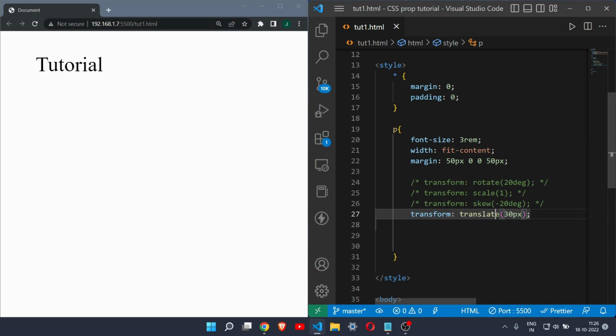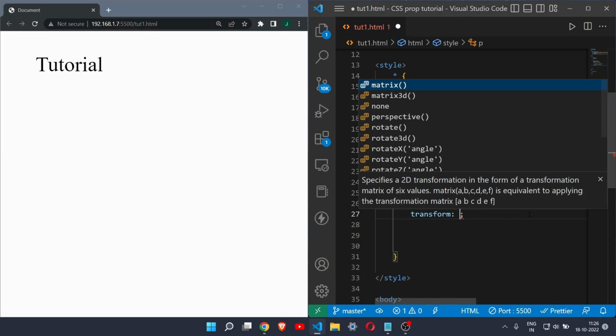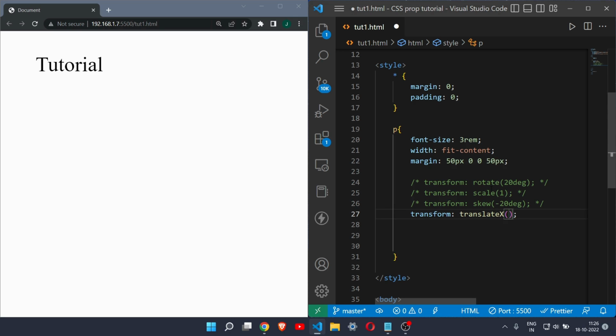Because by default it will move along the x-axis, and if you take a look, let me just remove this, you can see there are many properties in translate, which are translateX, translateY, and translateZ. So let's see translateX, and if I write 30 pixel, you can see the original one is here and I am moving it 30 pixel towards the right in